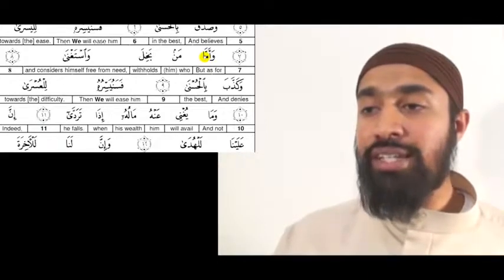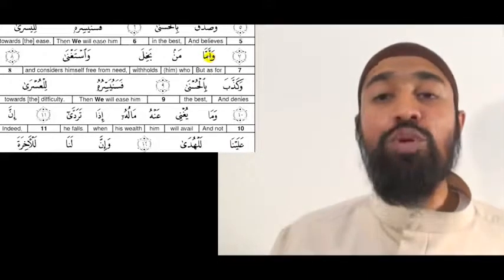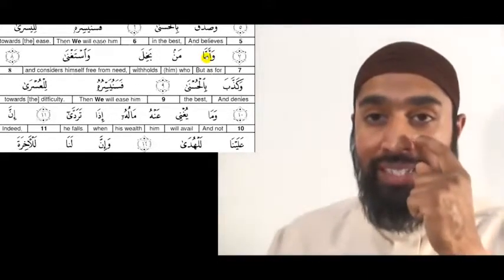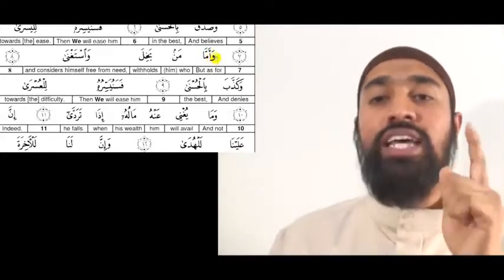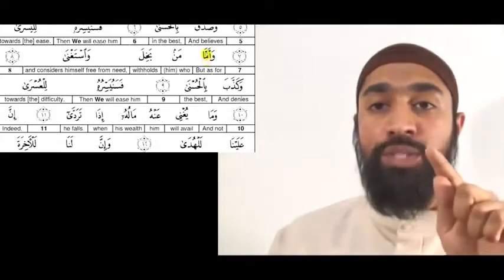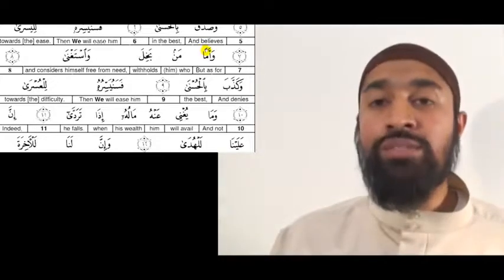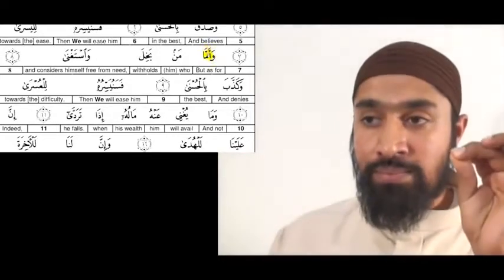Now we go to verse number 8 here. In verse number 8, we have meem shadda again, full nasal sound. So we're going to press the sound and we're going to have a nasal sound just like when noon and meem have the shadda on top of it. It makes a full nasal sound. وَأَمَّا.